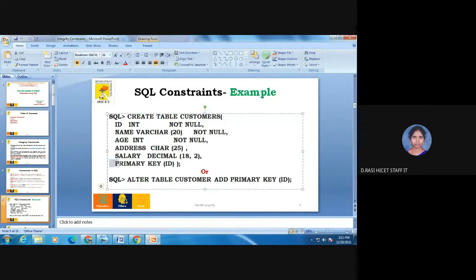Either I can do it with the help of creation, or say suppose I have already created the table, and in it I want to add a primary key to one particular column, then that can be done with the help of alter table customer. Say suppose add, we should specify the keyword add and then primary key of which particular attribute. Okay, you should specify that. Okay? So this is up to one